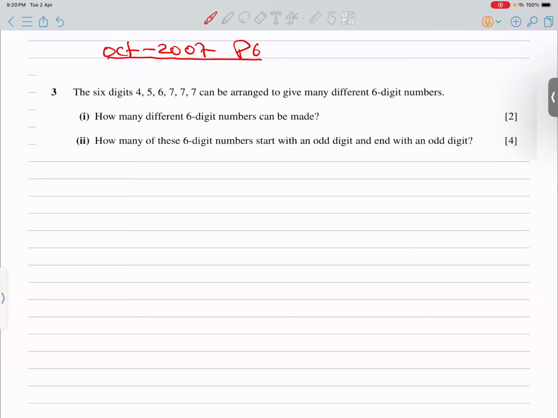Bismillah ar-Rahman ar-Rahim. This question, October 7, paper 6. The topic is permutation combination. You can see clearly, and question 6 says here,